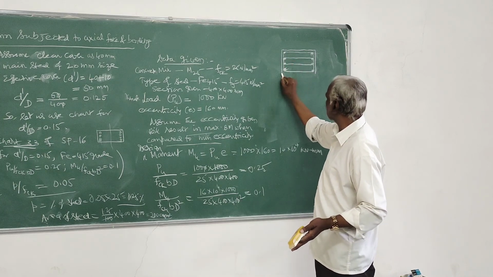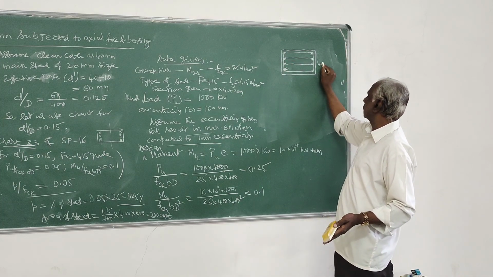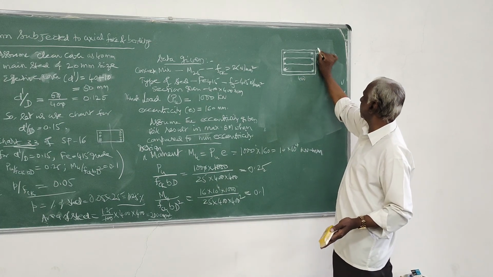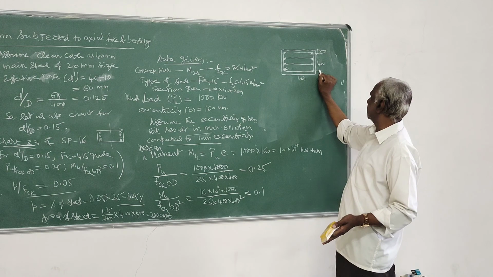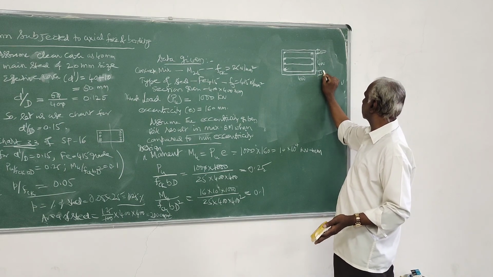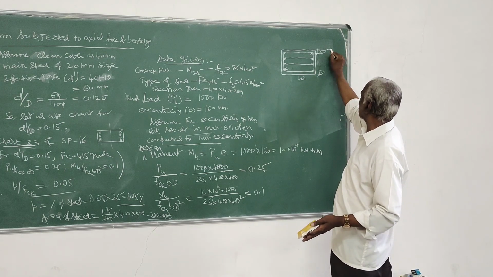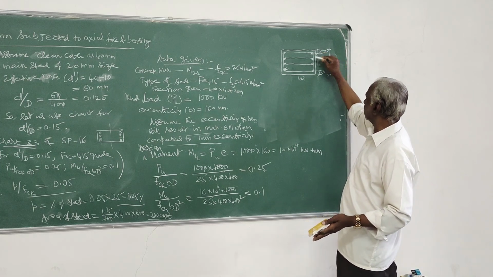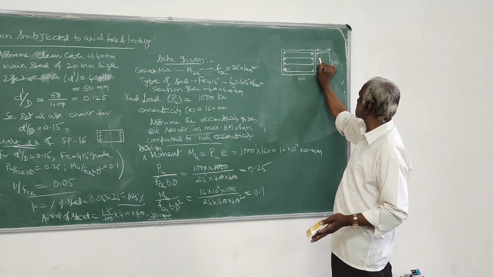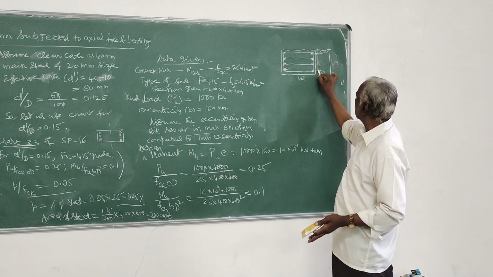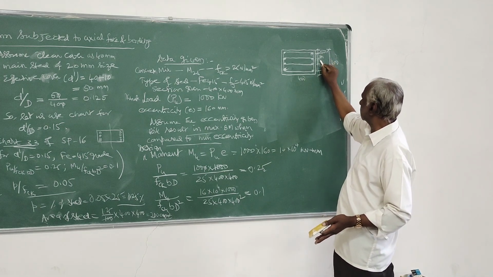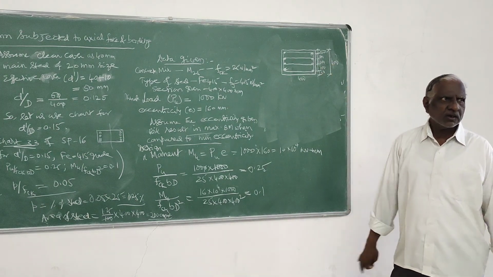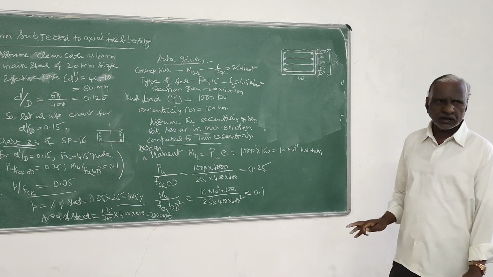So this is the outer cross section, 400 by 400. This is the effective cover of 50. So this 400 overall, you are left with 300. Each of these spacings will be 100, though it is more than 75 mm. Since you have provided ties going in 2 directions, you need not bother.